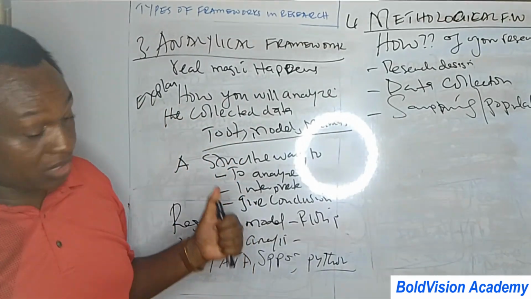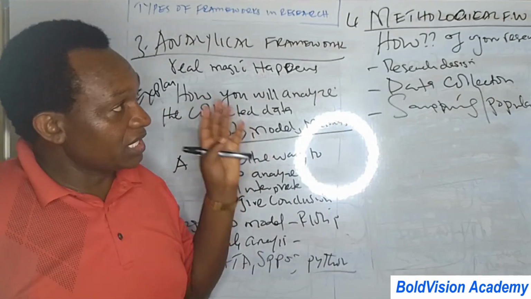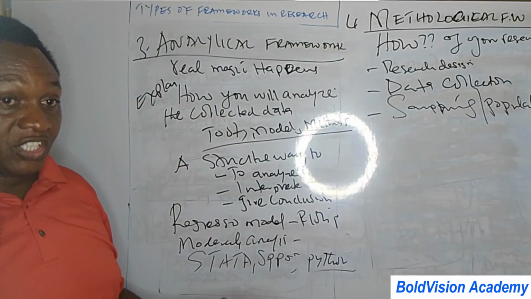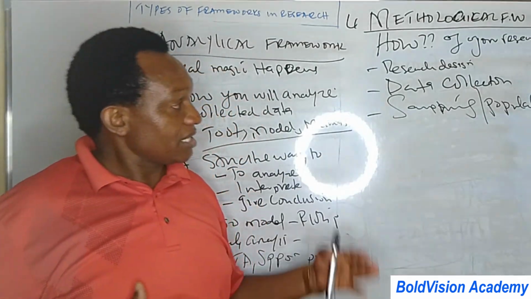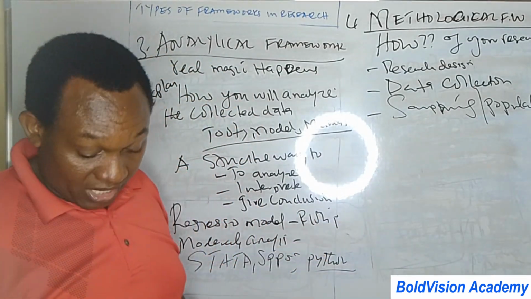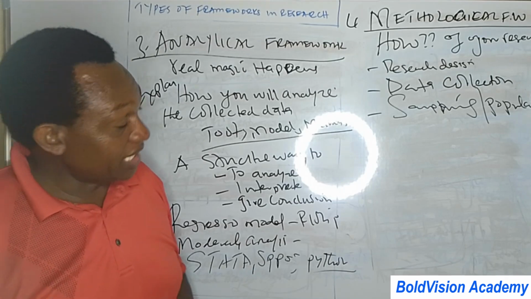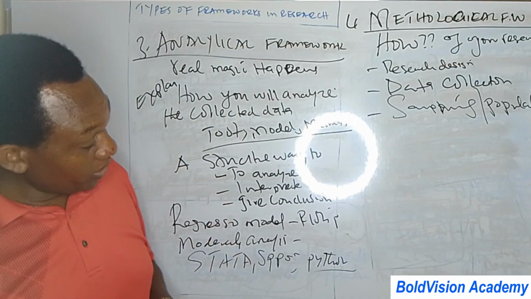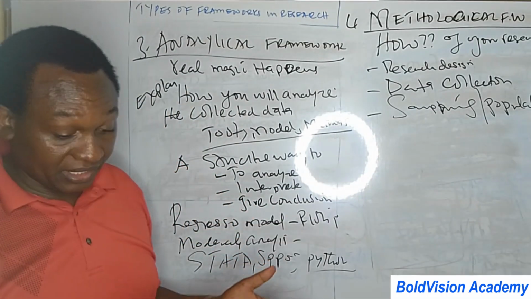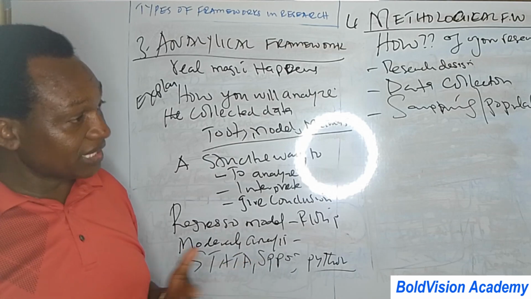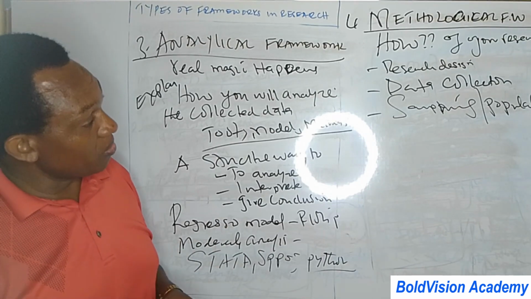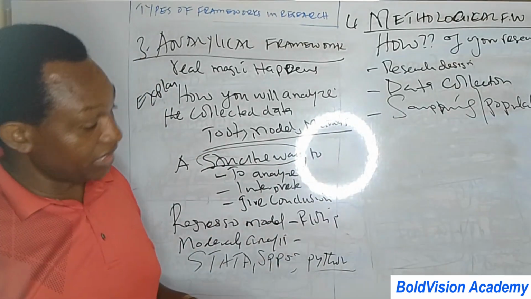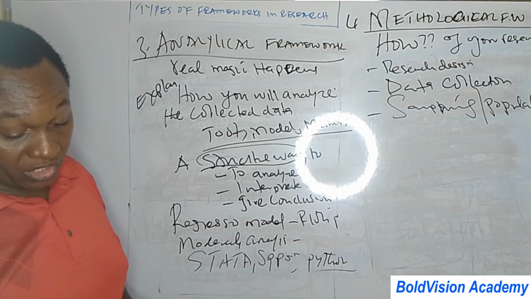For example, in our case, we have an example, the influence of financial risk on financial performance. We can use quantitative data. We can collect quantitative data on those risks and also on financial performance. And we can use panel data to analyze that data. We can use a stratified random sampling for all these firms to do our research. And we can collect the data from 5 to 10 years, using OLS regression and correlation analysis, and you analyze it using that. So that is how the methodological framework works, and the key issue here is it should be very structured, that anybody can be able to understand what you are doing.